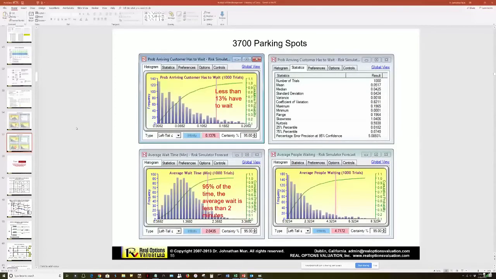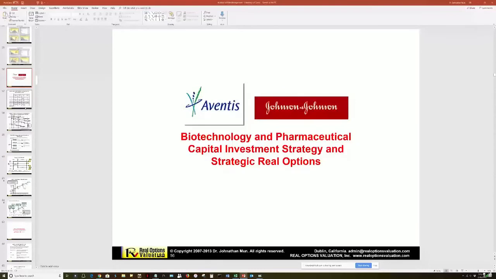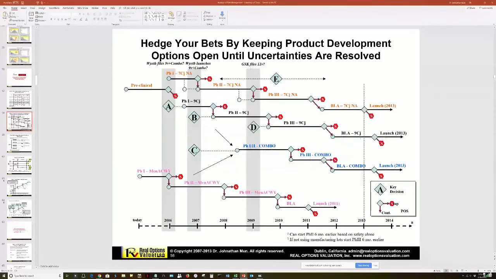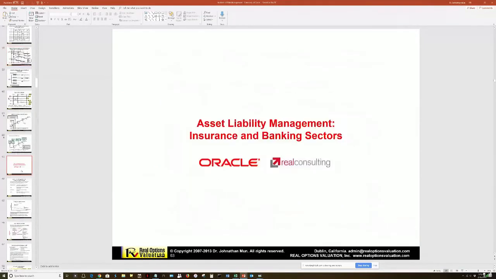Here's Johnson & Johnson, biotechnology. In biotech, you've got preclinical, you've got all these different phases that you go through prior to launch. These are sequential compound options. In sequences, you cannot test things on human trials unless you've tested it on rats, and all the rats survive. If the rats die, I'm sorry, you really can't do anything at that point. So it's a sequential process that you go through prior to launch, and there's a probability of all these things occurring. You can model that in here.